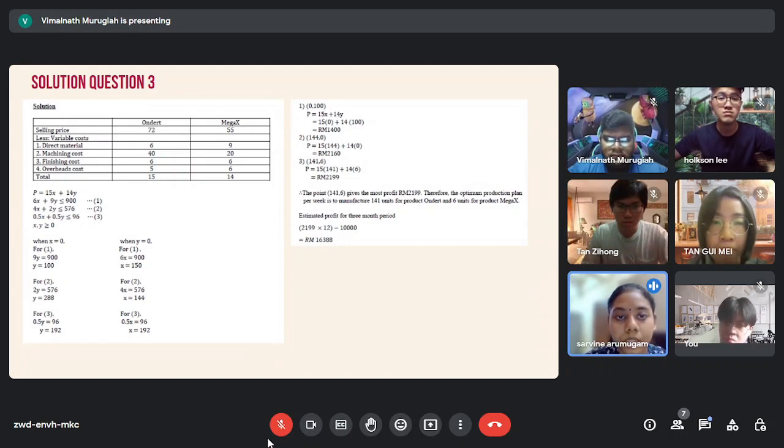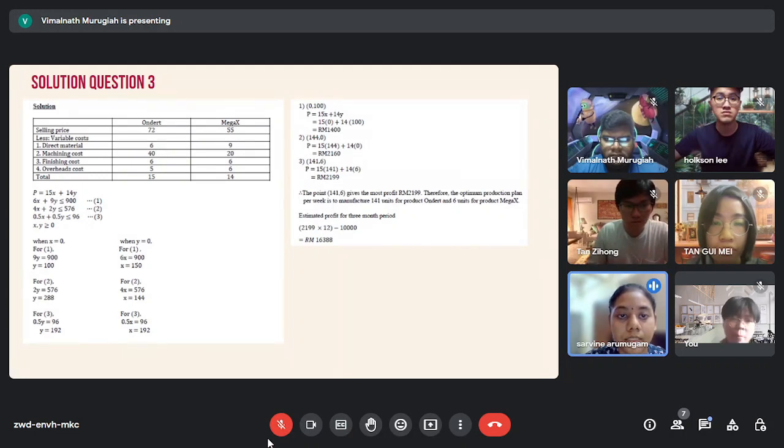Price equals 15x plus 14y. So 15 times 0 plus 14 times 100, so we'll get RM 1400. Number 2 will be 144 and 0. So the price will be 15